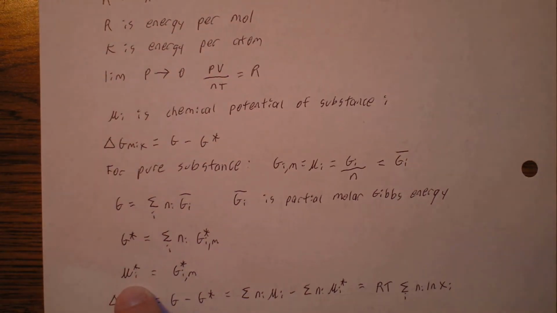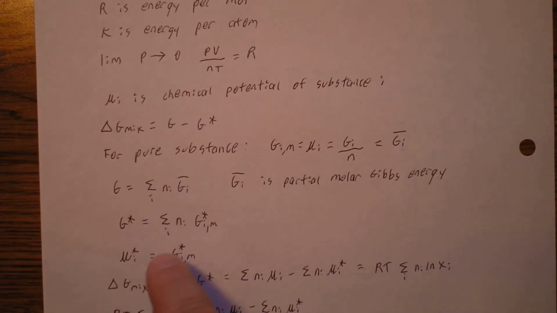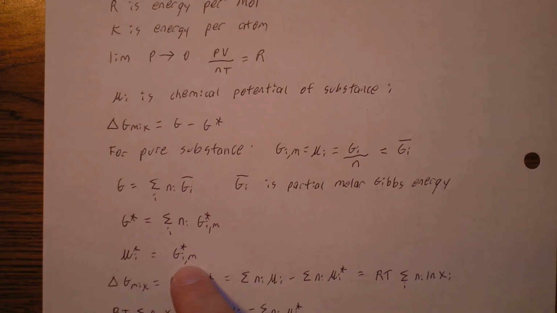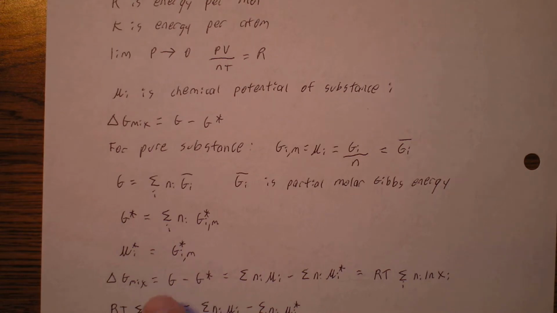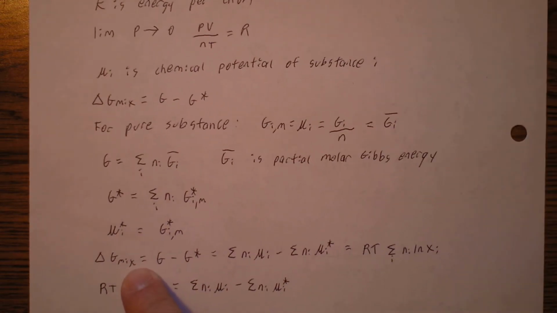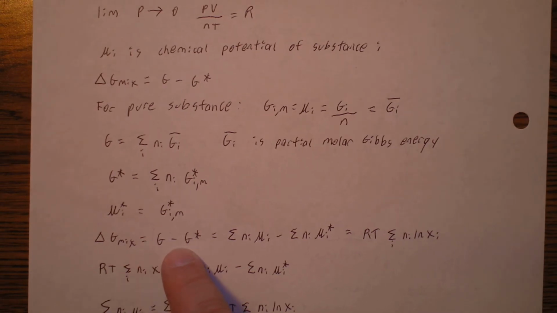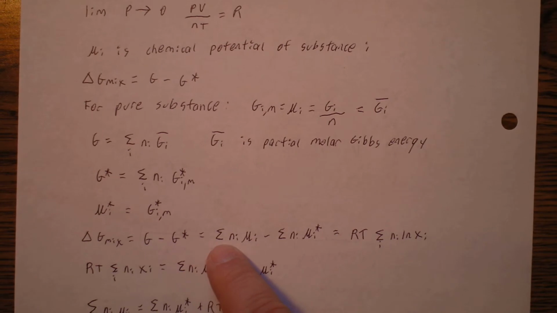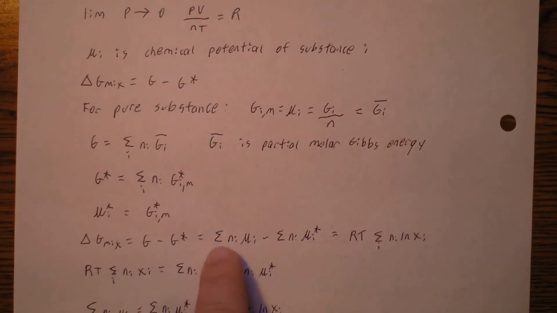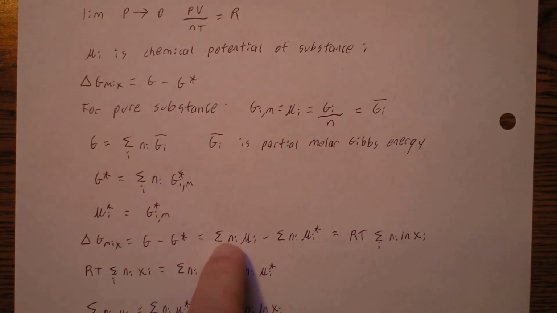So the unmixed chemical potential of substance i is equal to the molar Gibbs free energy of substance i when it's unmixed. So this gives us that the change in Gibbs free energy from mixing is equal to the Gibbs free energy minus Gibbs free energy star, so that means unmixed, and that's equal to the sum over all substances i (the i is implied there)